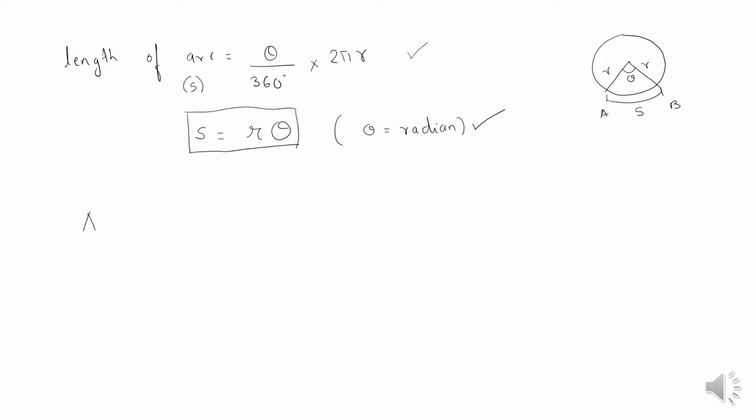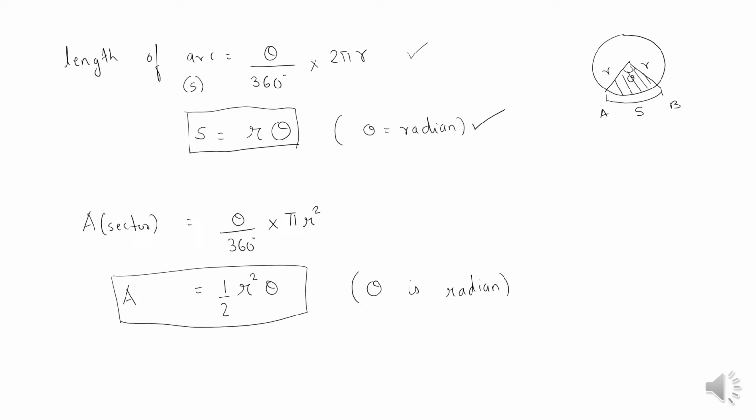Now similarly, you have studied area of sector, correct? Area of sector formula was theta upon 360 degree into pi r square. This is my sector, if you remember. So area of sector was theta upon 360 into pi r square, which now becomes half r square theta. Area of sector formula is half r square theta, again when theta is in radian. Nothing new we have done. We have just converted degree to radian to make a new formula for area of sector. Now it's up to you which one you want to use. Okay? Is it clear?